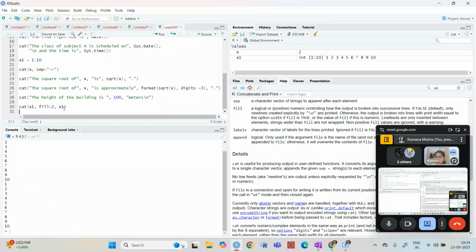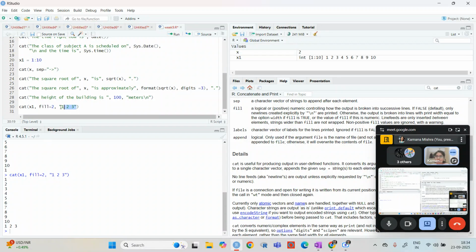Now we have not gone through the paste function, I think, in the last class. So then we will see. What if I just put 1? Then also it is coming in the next line, 2, 3.